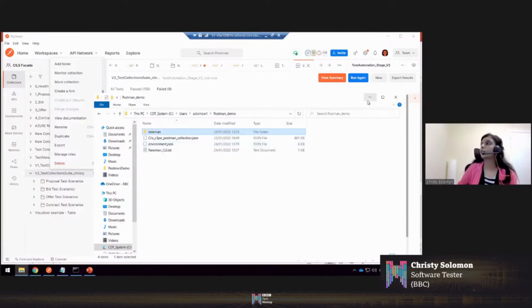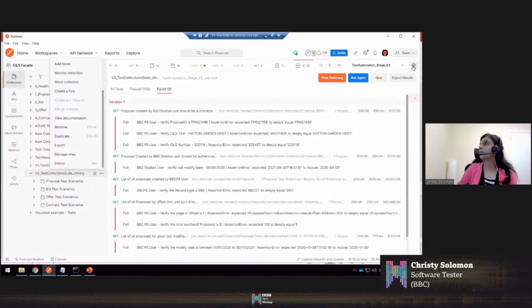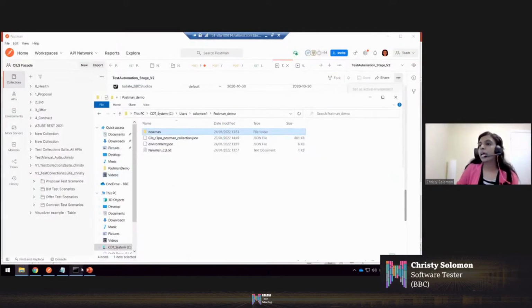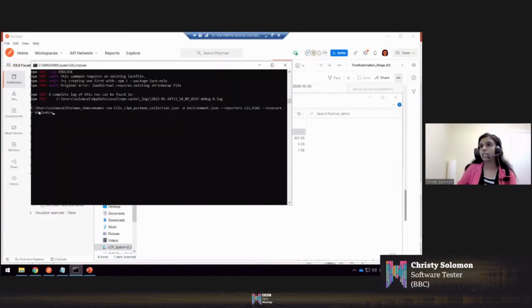I have saved it here, and now I'm calling it in that same C drive users folder, and then I say newman run this particular collection -e environment.json, and then I want a nice report